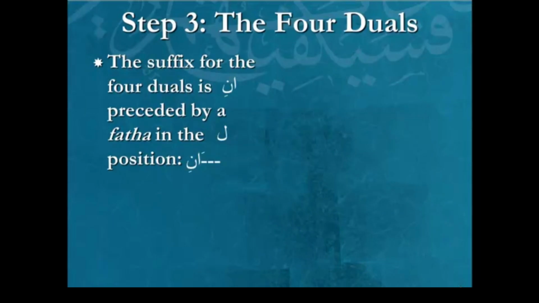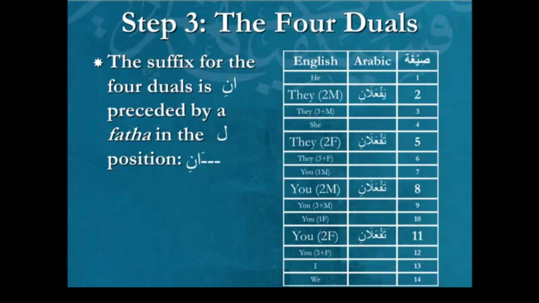The ending of the four duals is the alif and noon, like we mentioned earlier, and the lam position will have a fatha, and that's obviously because the alif needs a fatha. Alif necessitates a fatha prior to it, so you're going to get lani, lani, lani, lani 4 times. And when we say four duals, we literally mean four duals, and it's not like we were generalizing previously. We said singulars, but number 14 was part of the group. Over here are the actual four duals being talked about, and you can see them all on the screen. Yaf'alani is conjugation number 2.